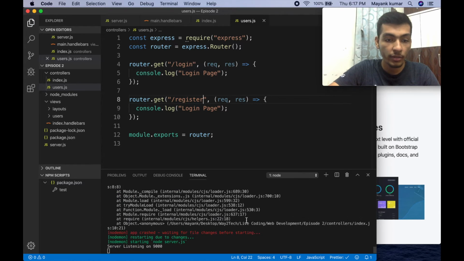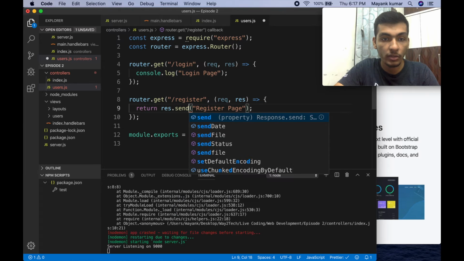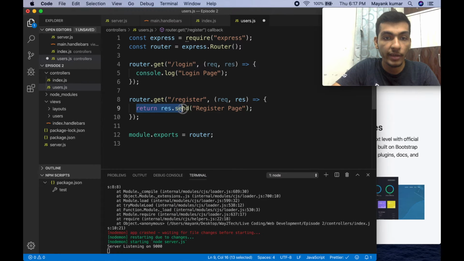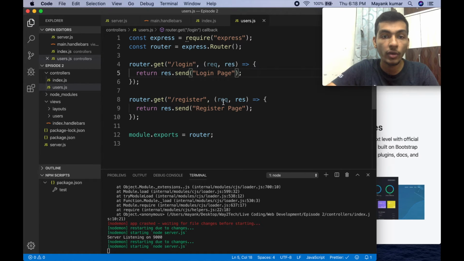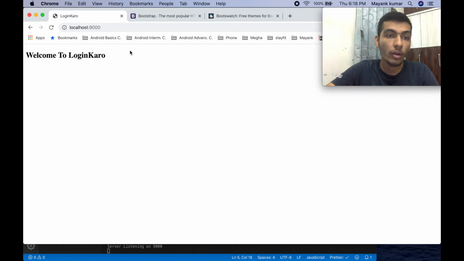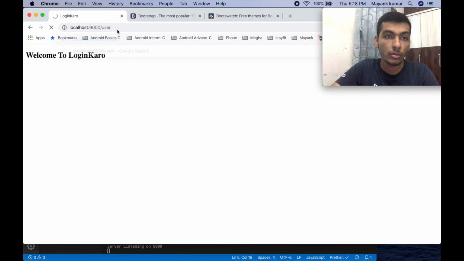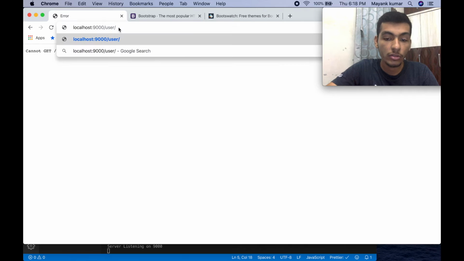So I guess we are sorted here. And we also change this to register page. Let me add this to return response dot send. That will be a nice idea so that you can see things working in real time. Okay, so now if I go to the browser and go to login Karo, and if I go slash user, it will say slash user nothing. But if I go to slash login,